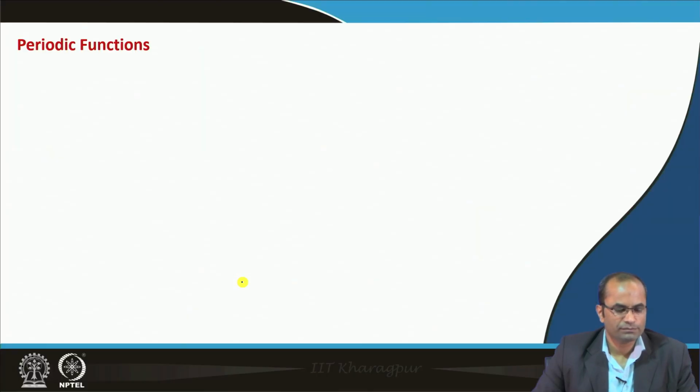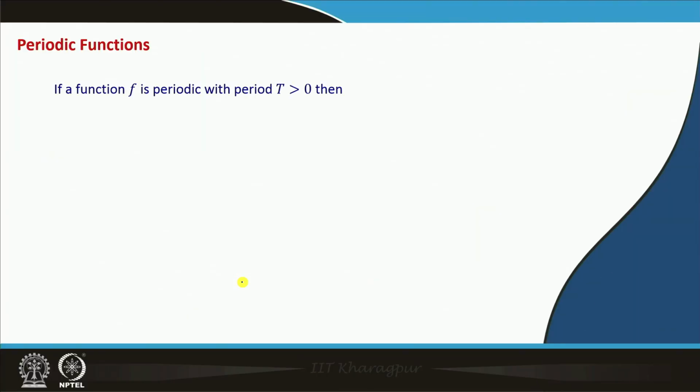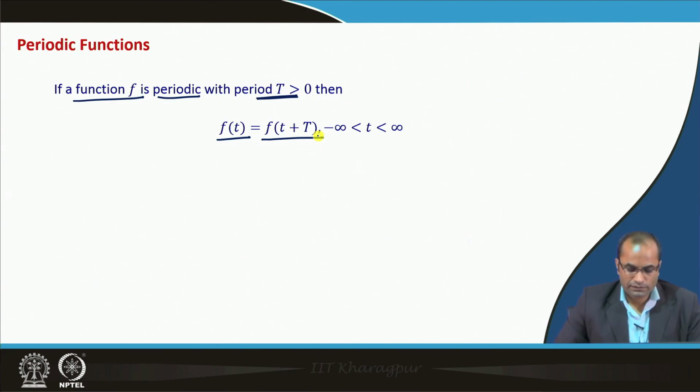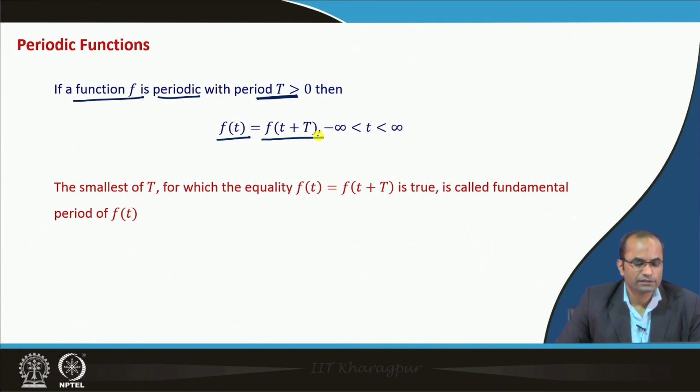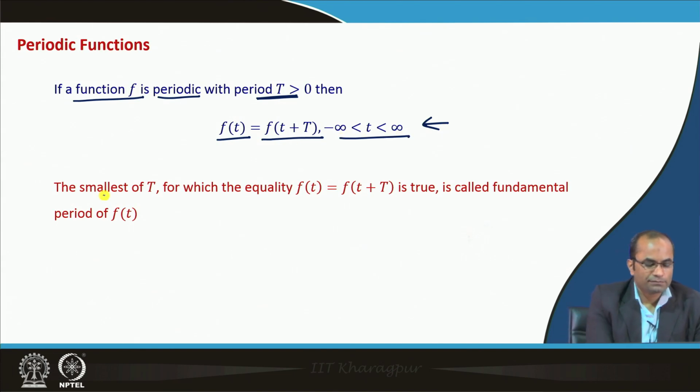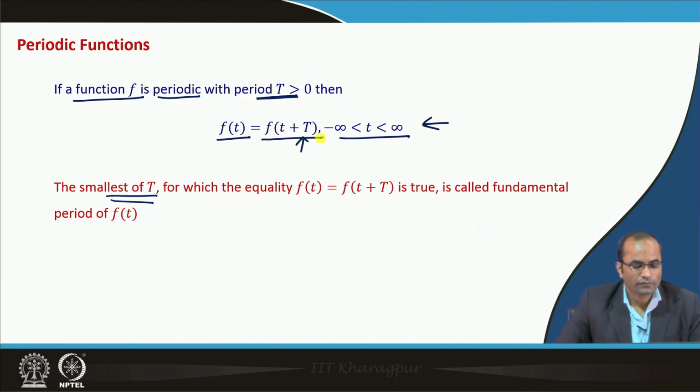So, let me start with periodic functions. If a function f is periodic with period T, then f(t), the function value at t, must be equal to the function value at t plus capital T, and we call this T the period of the function. The function is periodic if this property holds for all t, and we consider the smallest value of T, which we call the period,